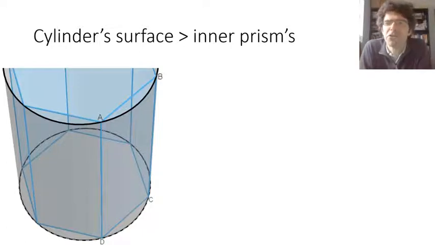But actually, the assumption that we looked at about measuring convex curved surfaces doesn't quite allow this. In our diagram, what goes without saying is that the bit of cylindrical surface between AD and BC, plus the little circle segments at the end, those taken together are larger than the rectangle ABCD. So what we need to prove next is that actually the cylindrical surface on its own is larger.